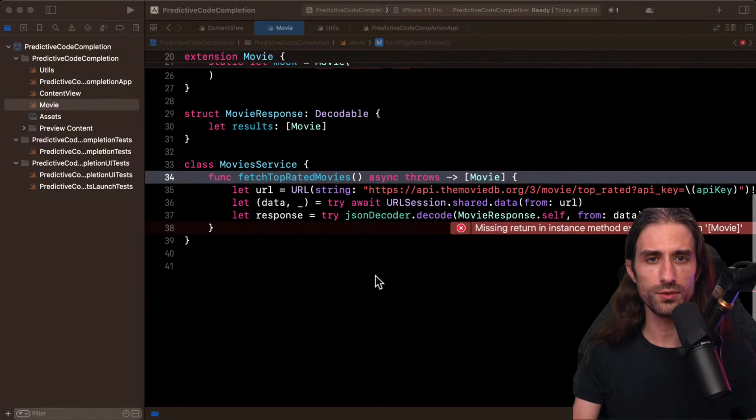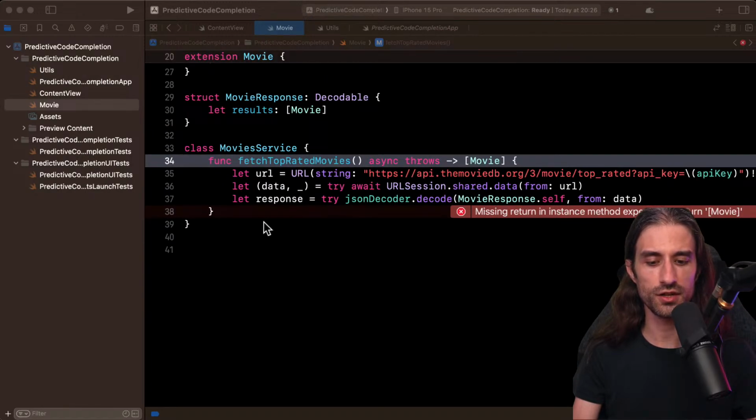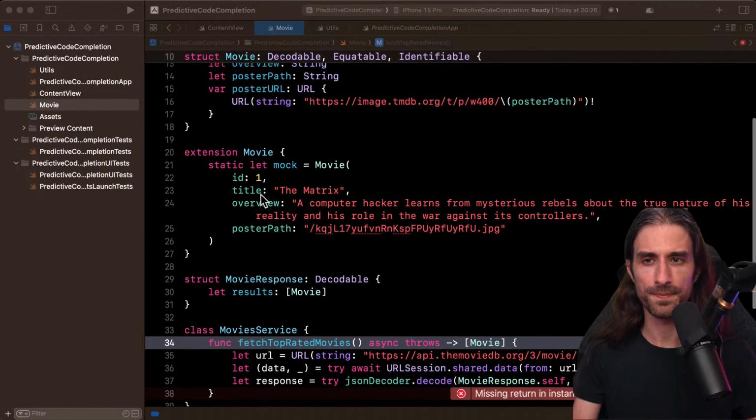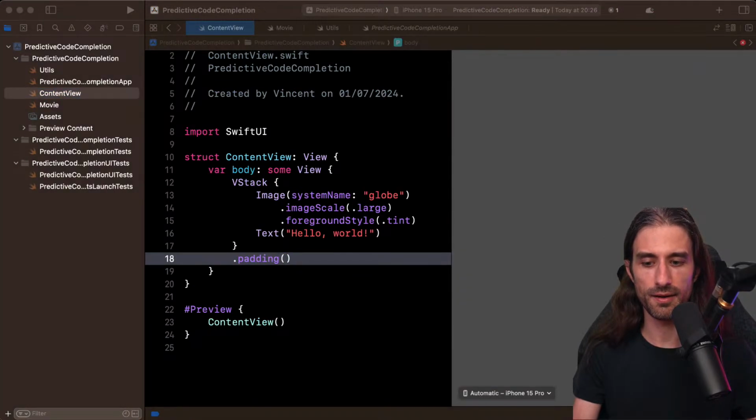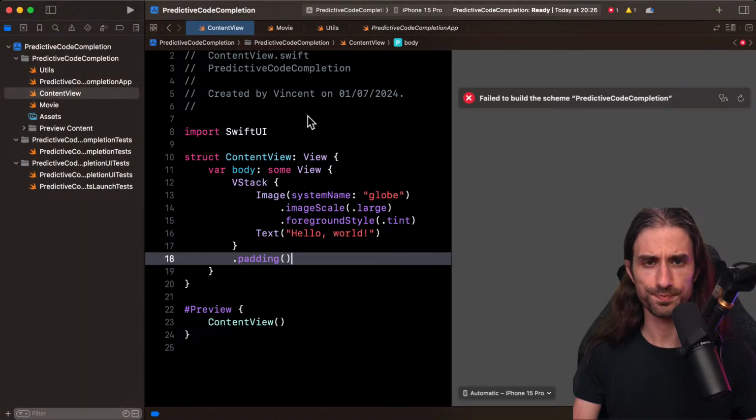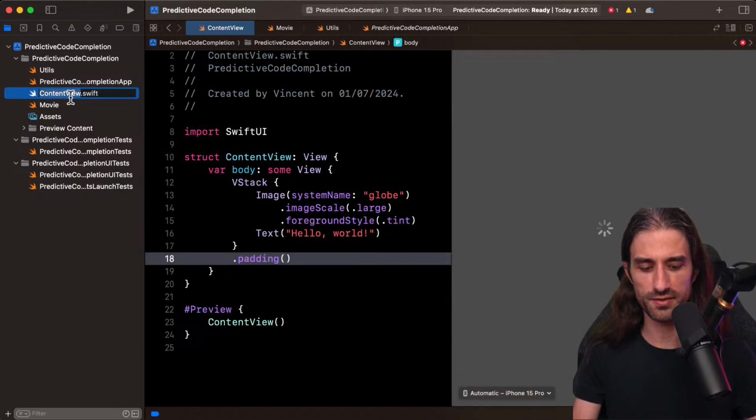Later down the line, I will try to see if it can help me do dependency injection. But for now, I guess I want to move to actually implementing the view. So let's try and do that. You know what? I will do it without using a view model. I will do things fairly simply.